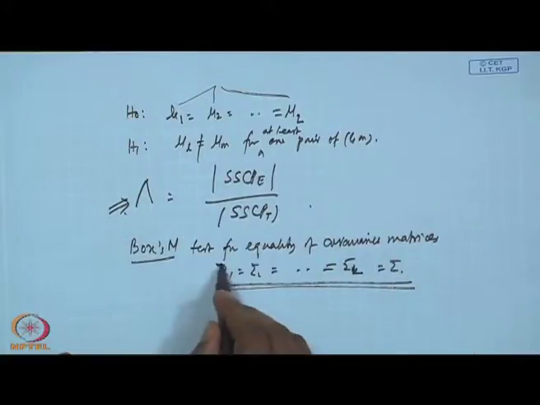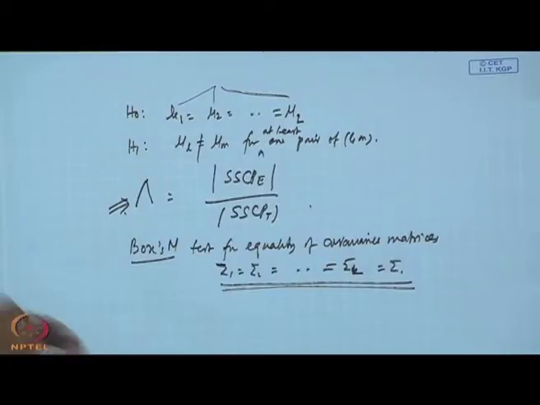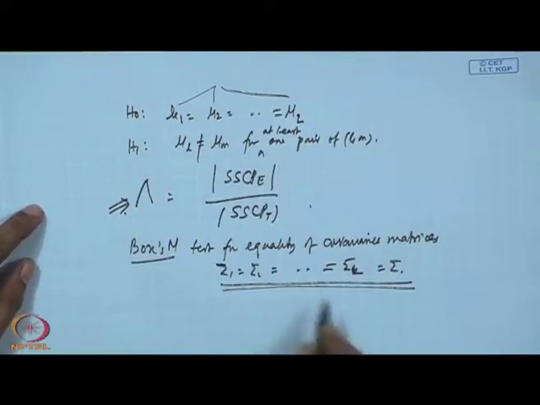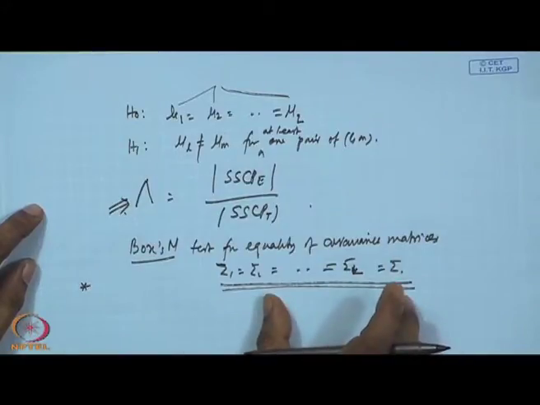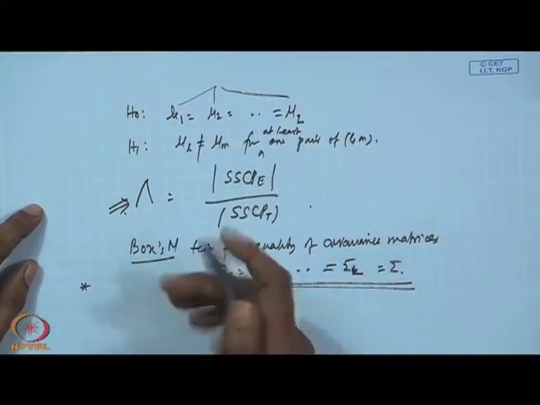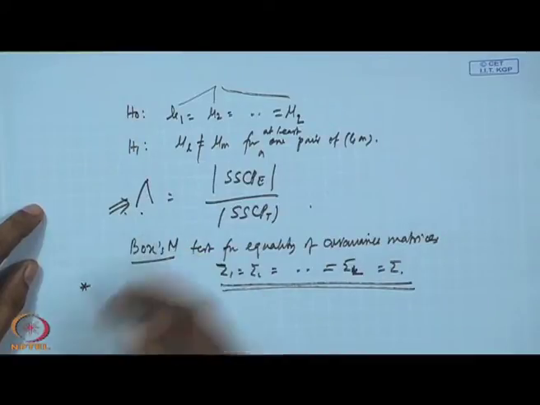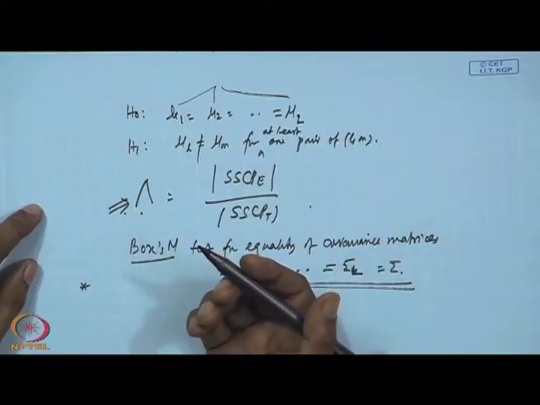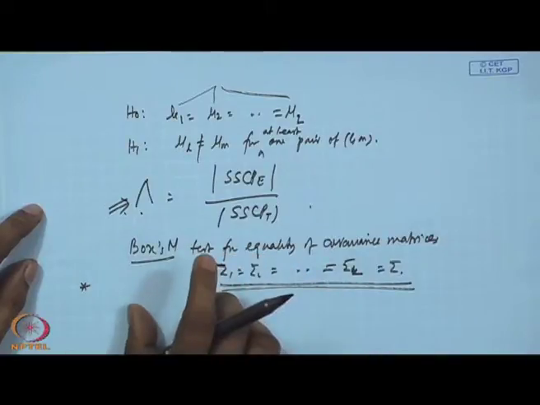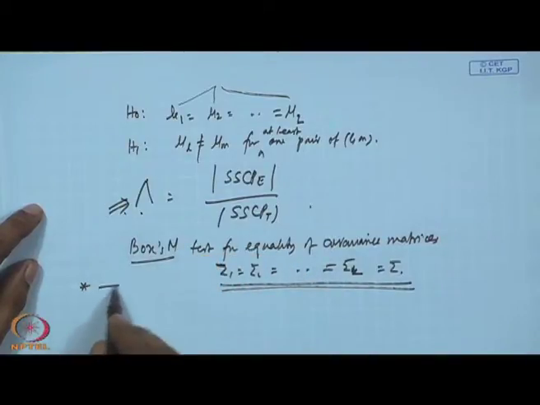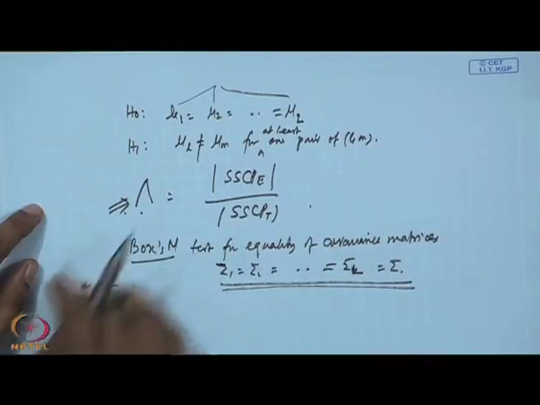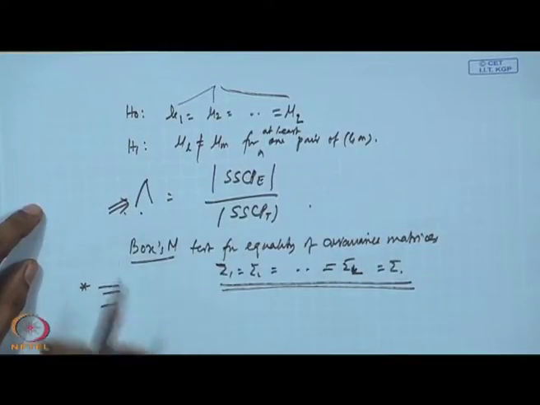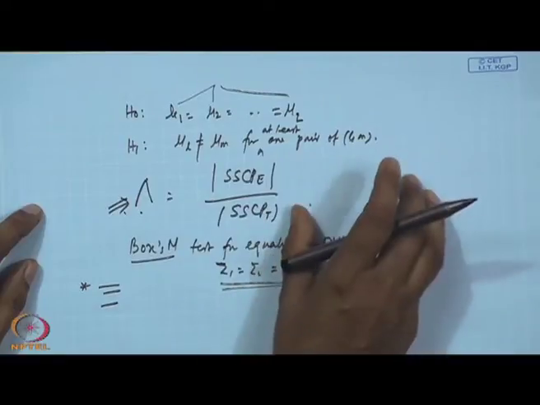If the covariance matrices are not equal, can we still use MANOVA? We can still use MANOVA. In that case, the suggestion is to try to make the sample sizes equal and use not only Wilks lambda but some more statistics like Pillai's trace and Roy's largest characteristic root. There are many techniques available. We will see all those techniques, and if all of them suggest that there is a difference, then only we will conclude there is a difference.